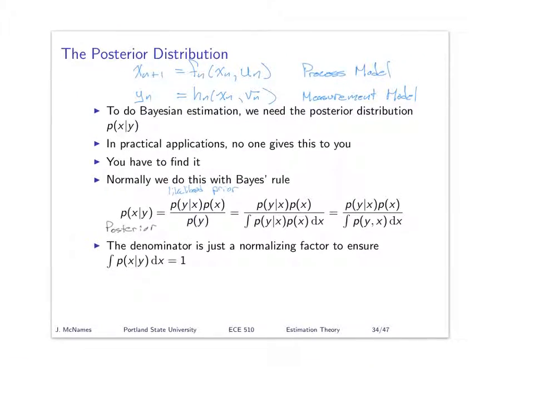Any other questions? Yeah, Andy? Is there a reason you don't include a feed-through term in the measurement model? You know what? You could generalize it so that there's something else that you can see that goes through also. In most signal processing applications, you don't have those external known inputs, but it doesn't actually change any of the math that's coming. In fact, you could just integrate that into the definition of f of n and h of n, which are time varying, partly because you've got these other inputs that change them. So it's pretty easy to incorporate that if you've got a case where there's a known input.